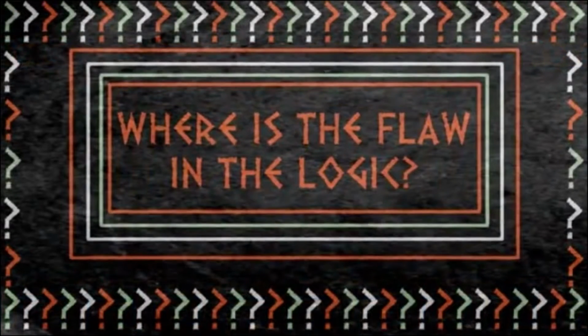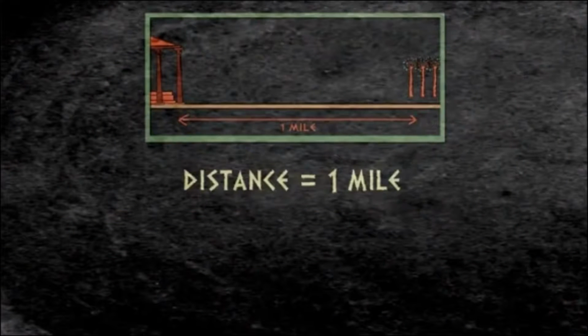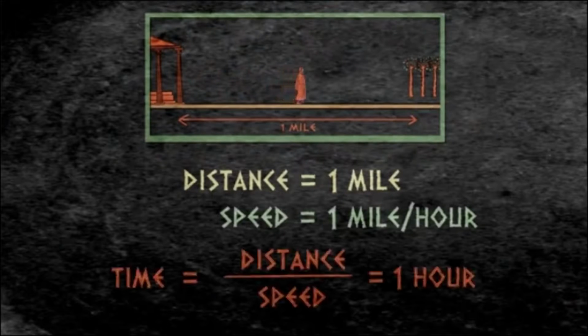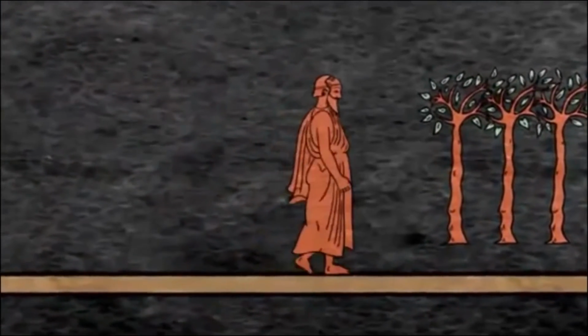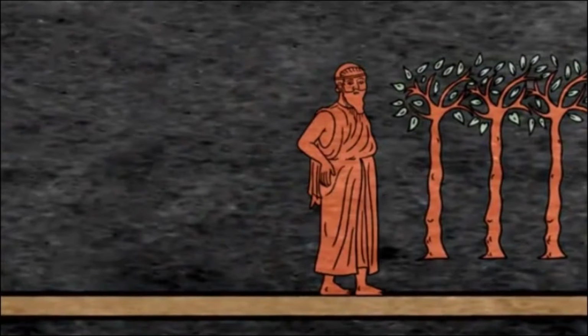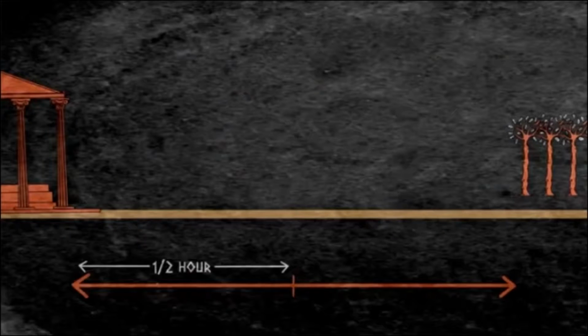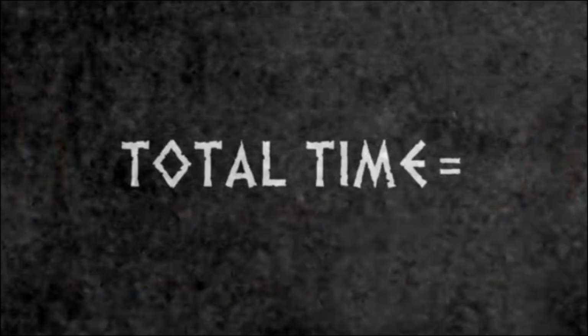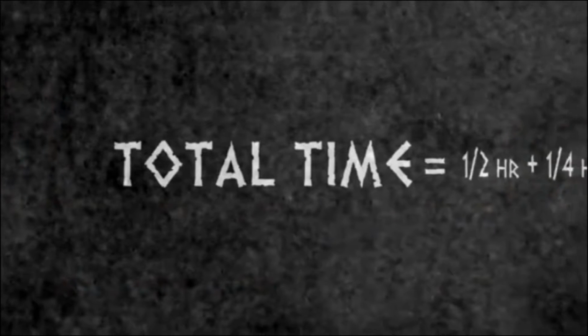To resolve the paradox, it helps to turn the story into a math problem. Let's suppose that Zeno's house is 1 mile from the park, and that Zeno walks at 1 mile per hour. Common sense tells us that the time for the journey should be 1 hour. But let's look at things from Zeno's point of view and divide up the journey into pieces. The first half of the journey takes half an hour. The next part takes a quarter of an hour. The third part takes an eighth of an hour, and so on. Summing up all these times, we get a series that looks like this.